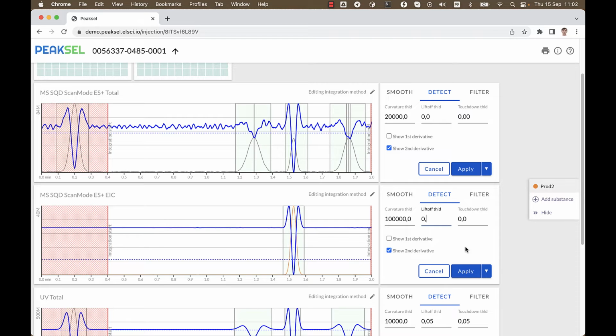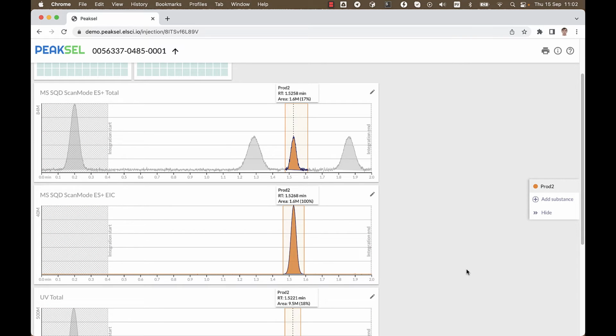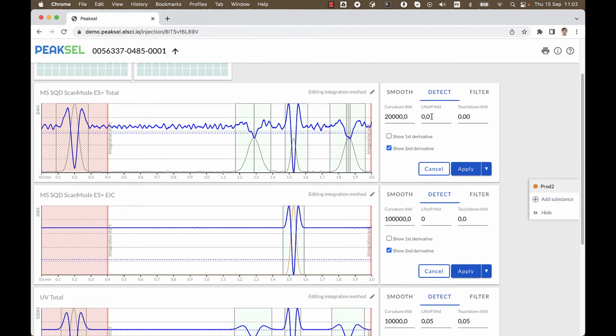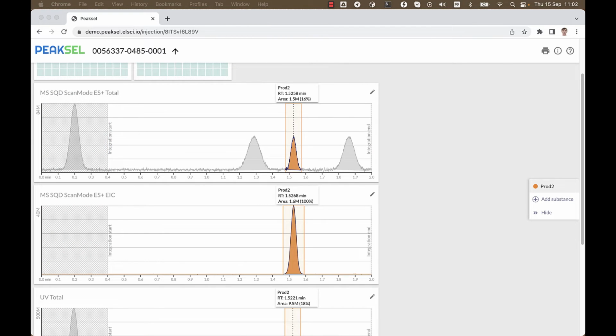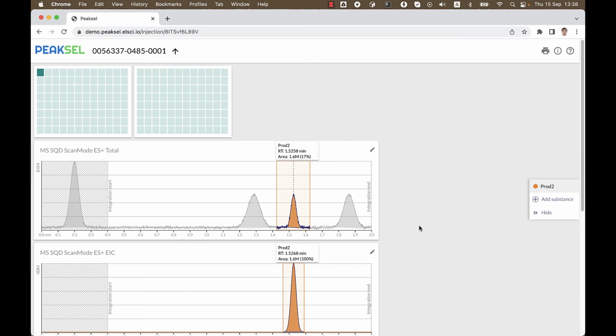Let me save the value, and as you can see, the peak starts to make sense now. This peak, though, also doesn't look perfect, so let me slightly increase its touchdown threshold. And now it's pretty too. Okay, let me break something again. Now the peak looks wider again, so our first thought, hey, it's the thresholds. And while it is possible to fix the problem by changing the touchdown and liftoff thresholds, the actual root cause